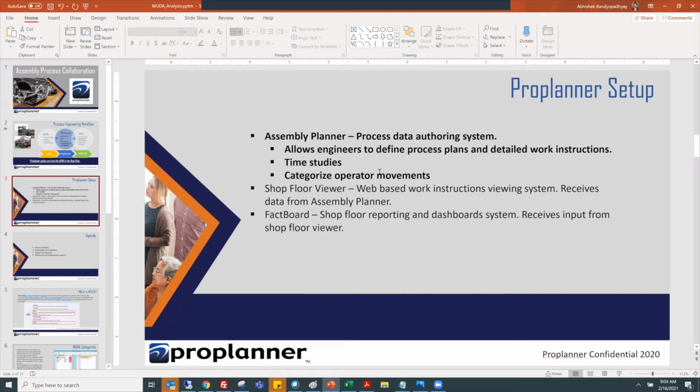Assembly Planner is where the manufacturing engineers and logistics engineers are going in and defining the key processes. So again, to recap, Assembly Planner is where you define the process plan and the detailed work instructions. You're doing time studies, and as you're doing time studies, you're observing the operator's